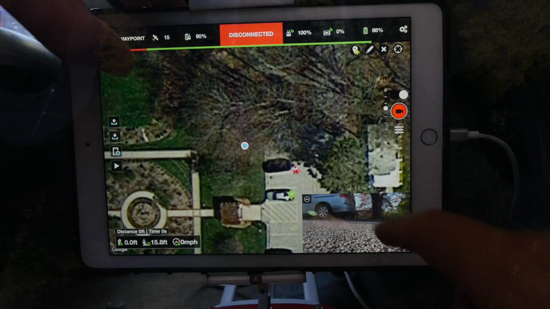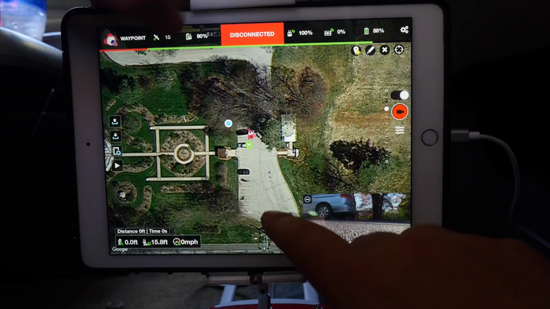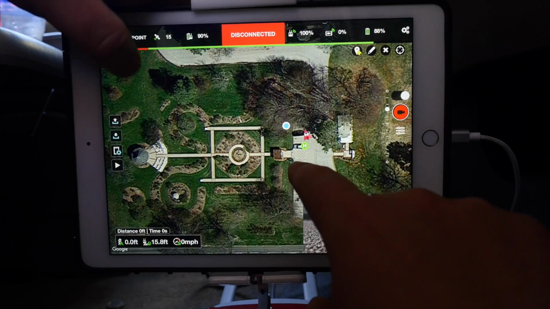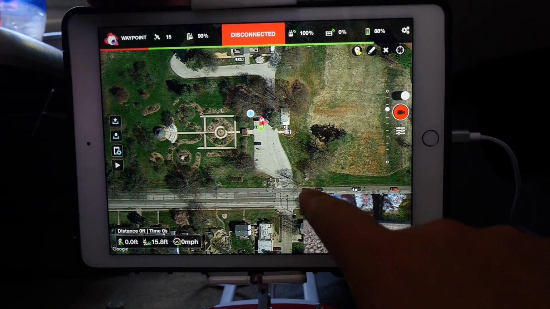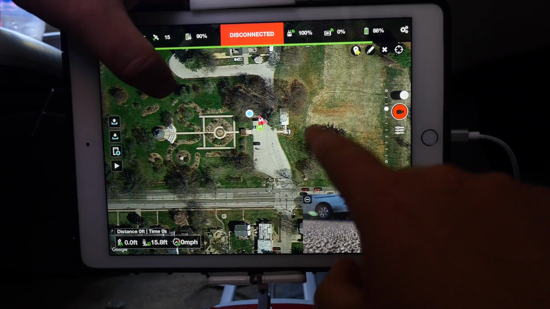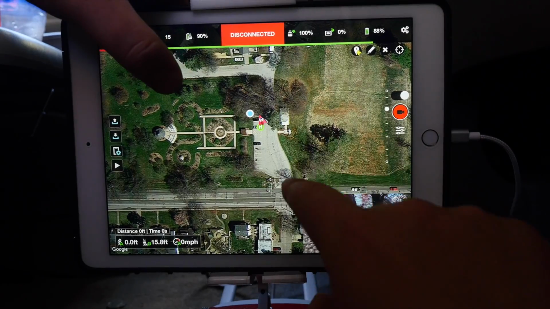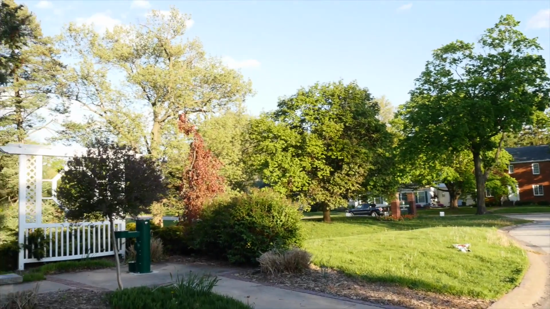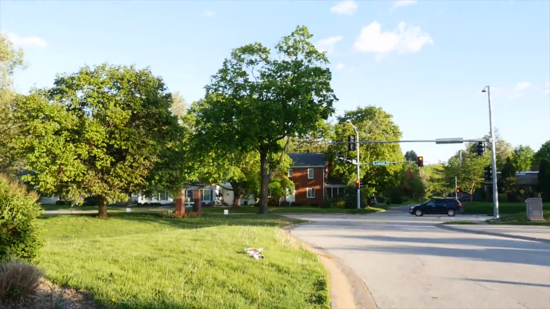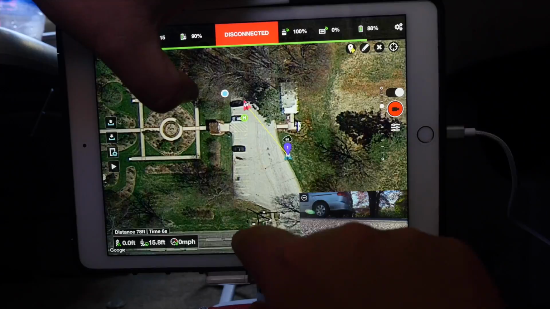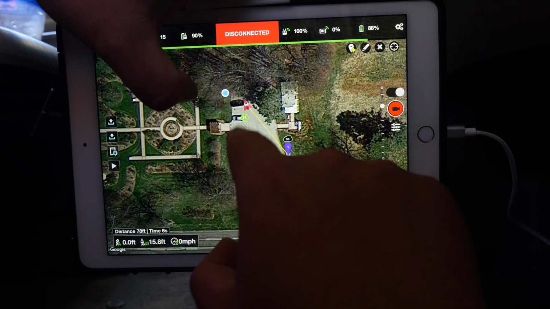So I'm going to show you real quickly how I did that here. So here it is, the park. I pull it up here on the app, okay, and now there's some trees right here. Now I need to make sure that I clear these trees, but here is going to be my starting point, or actually I'm going to take off right here, and it's going to say my starting point's right there,